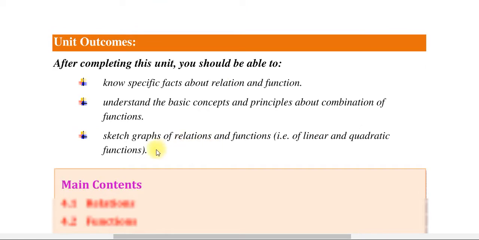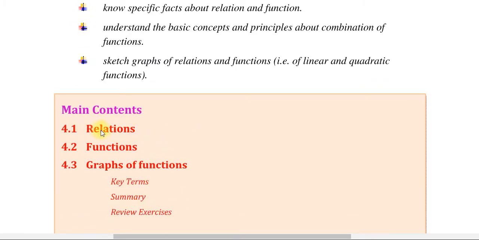በዚህ ቶፒክ ውስጥ እንግዲህ ወደ 3 የሚደርሱ ሜን ኮንተንቶች አሉን። የመጀመሪያው ሪሌሽን ነው። ቀጣይ ፋንክሽንስ አለን። ኤንድ ፋይናሊ ግራፍስ ኦፍ ፋንክሽን የሚሉ ቶፒኮች አሉን ማለት ነው። በእነዚህ ቶፒኮች በደንብ እንመማራለን ማለት ነው።